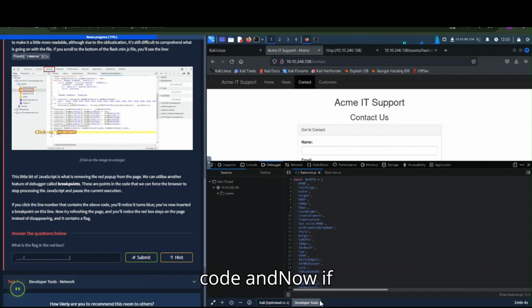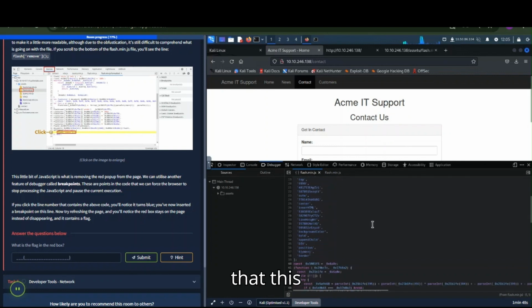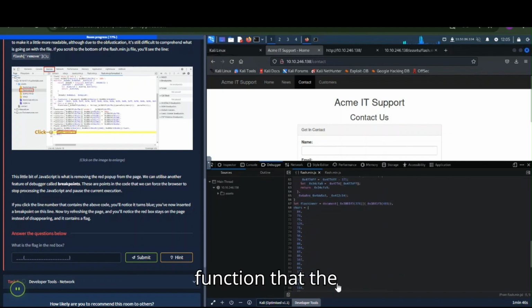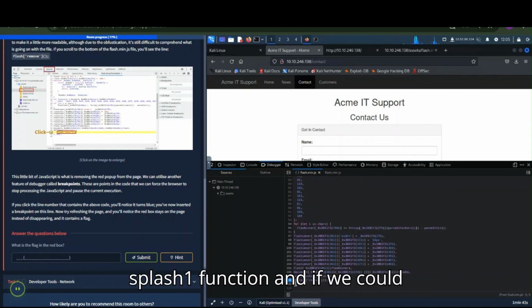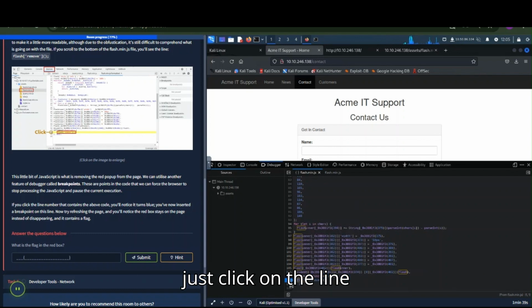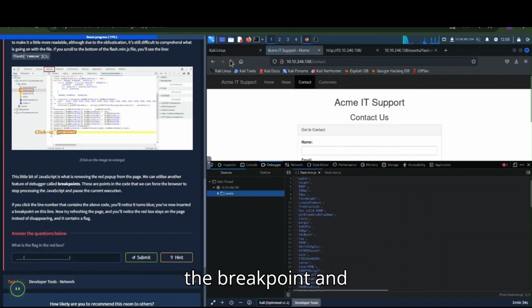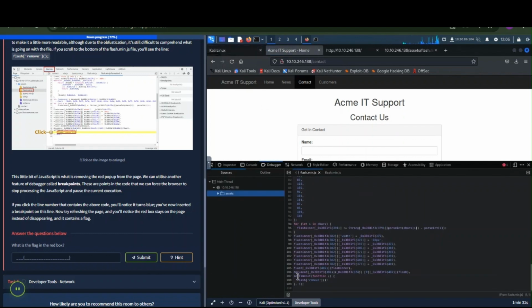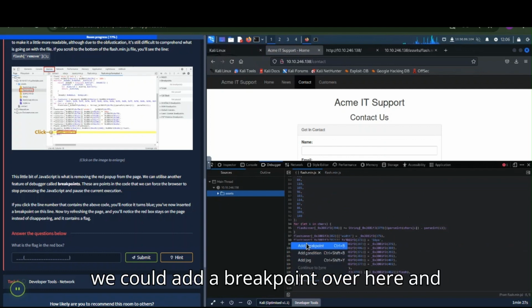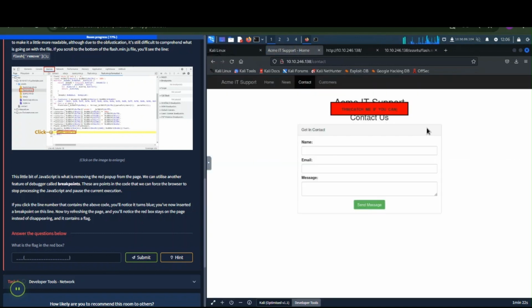And now if we notice up here as well, this flash function, if we click on the line number we can remove the breakpoint, or we could add a breakpoint over here. And if we got the flag now,